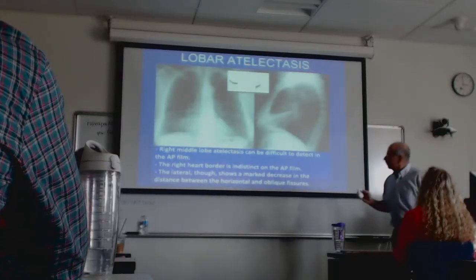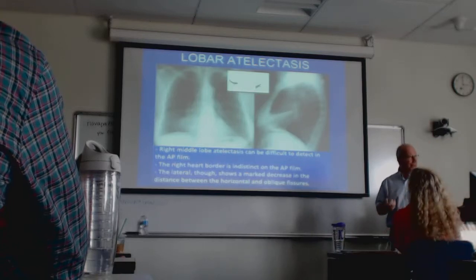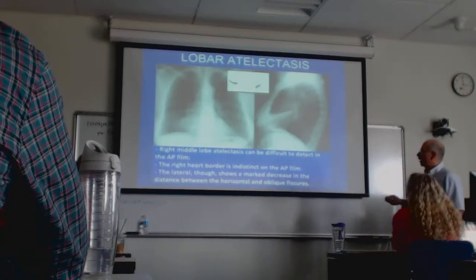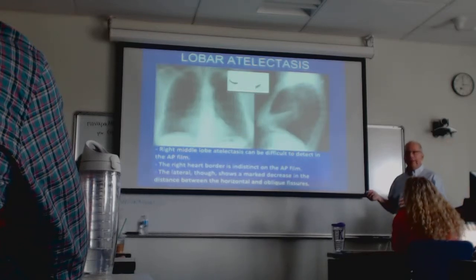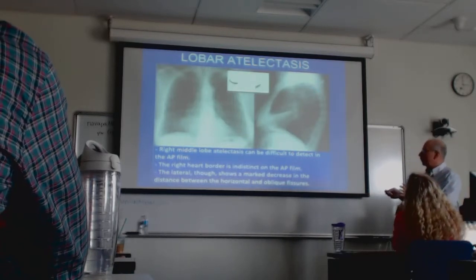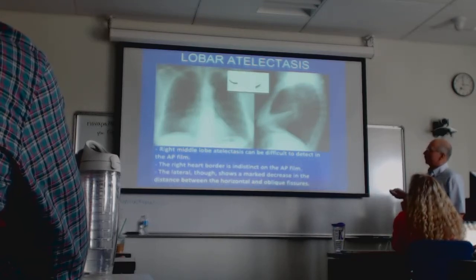But if larger segments of the lung begin to collapse, then things are going to move, or things are going to start to look different. This is a representative slide of right middle lobe atelectasis. Okay? On the frontal view,